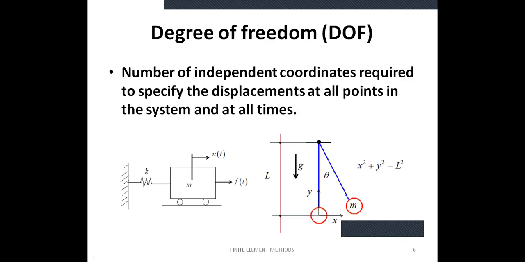In that way, the displacement, force, velocity or temperature may be a function of one coordinate, or two, or three. So depending upon the degree of freedom: if the degree of freedom is 1, the parameters depend on only one parameter. If the degree of freedom is 2, they depend on 2 parameters. If it is 3, they depend on 3 different parameters. So that is called the degree of freedom. This will be very useful for solving dynamic analysis problems.